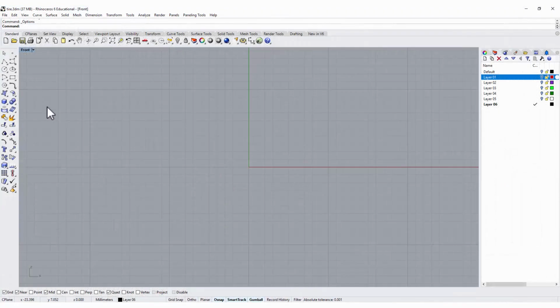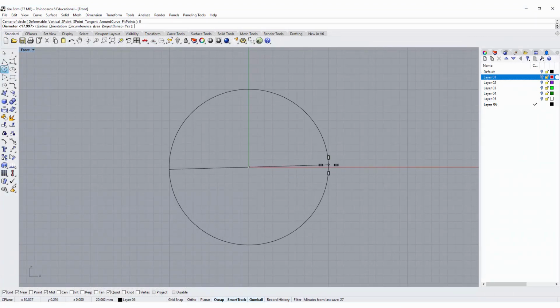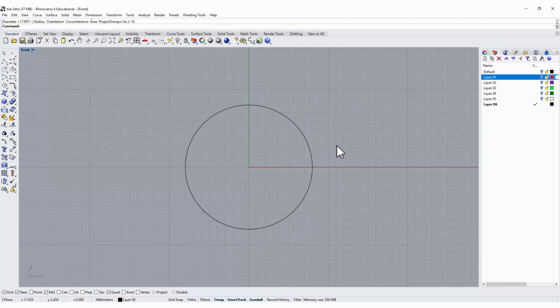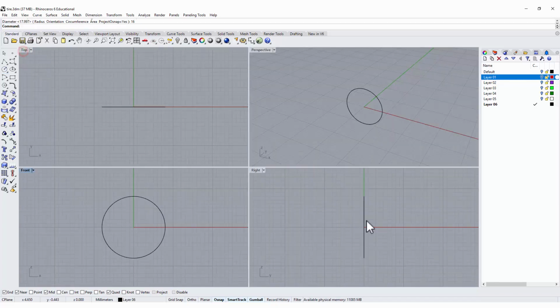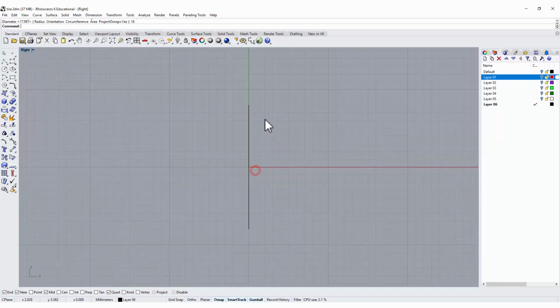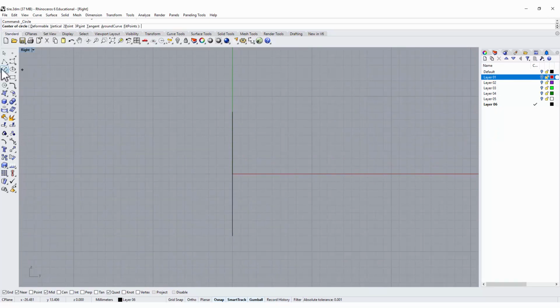We want to start in the front view. Let's draw a circle with the center at 0. For the diameter, let's type 16 here. Alright, and then let's go to the right view, and this time we want to make a profile. The profile is the tire